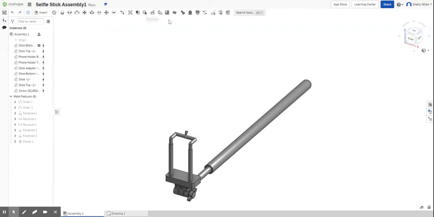Hey guys, today what we're going to do is learn how to make an exploded assembly and assembly drawings in OnShape. So the first thing you'd want to do is open up your assembly that you're going to work on. There are a few other things we are going to do that relate to the drawings, but one of the things we're going to have to deal with is what's called a BOM table,